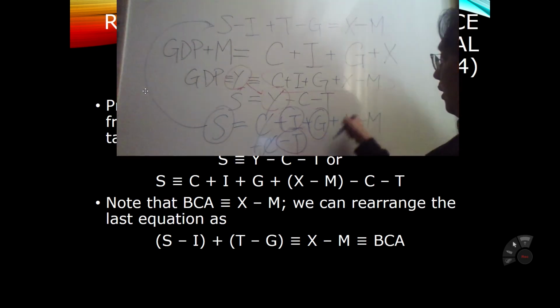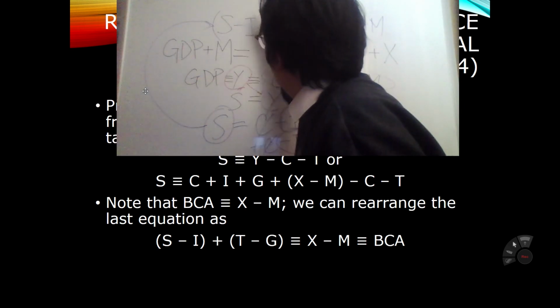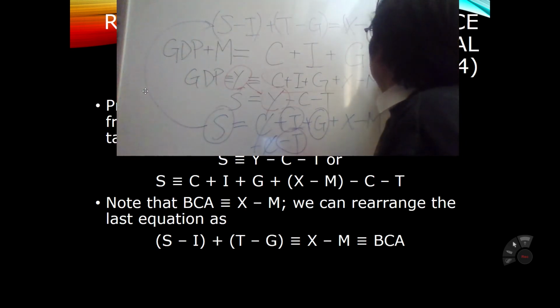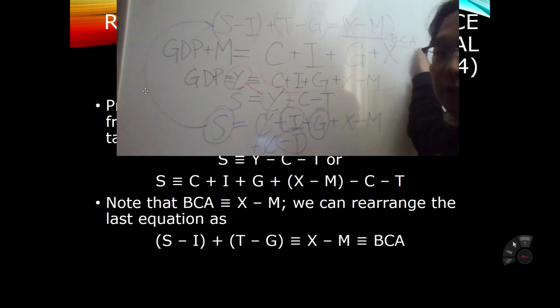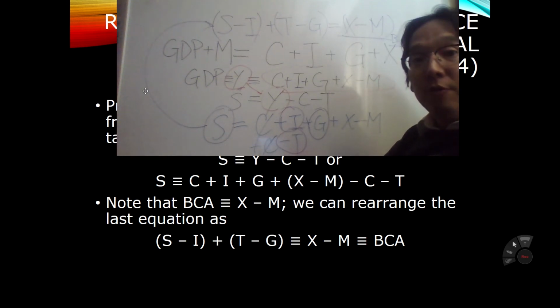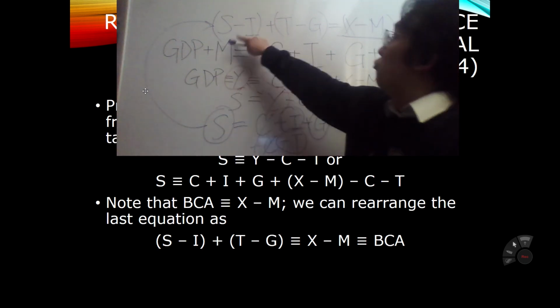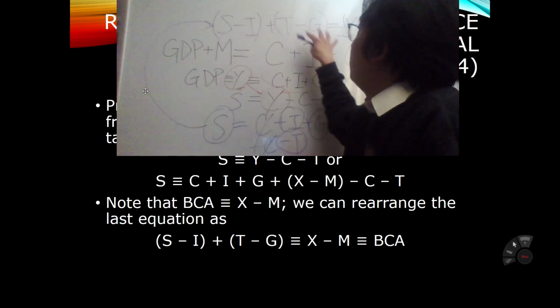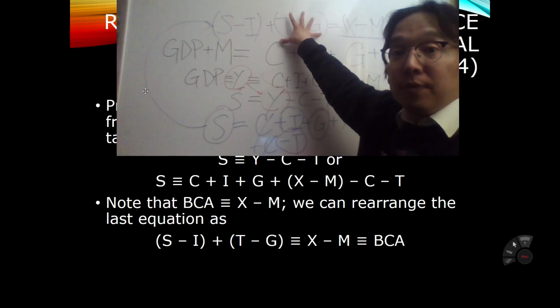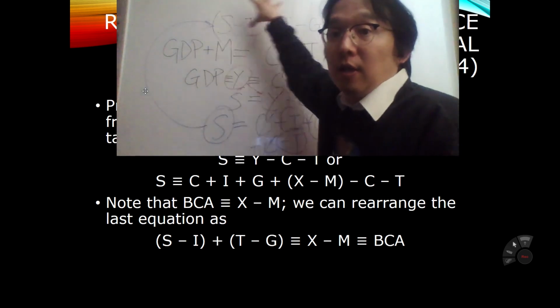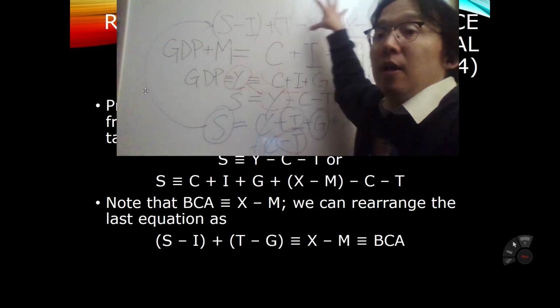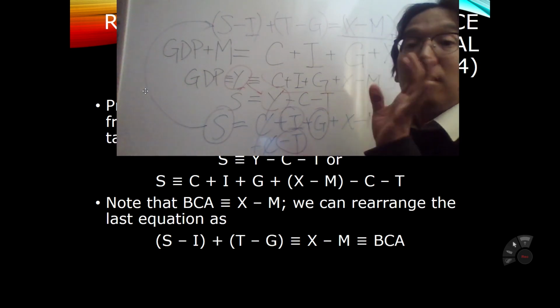Make sense? Yeah. So these guys become this, and then just fold it into parentheses like this. What you see over here, this guy is our good old friend, balance of current account. Now you can explain your balance of current account with respect to two big items over here: your government spending versus tax revenues, and then savings and investments. Private sector, government sector. That determines your balance of current account.